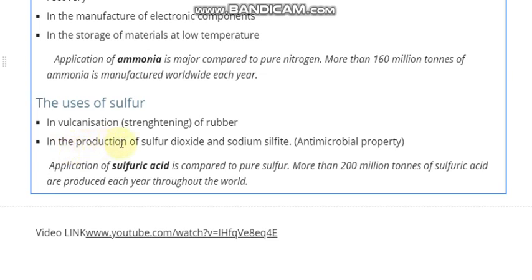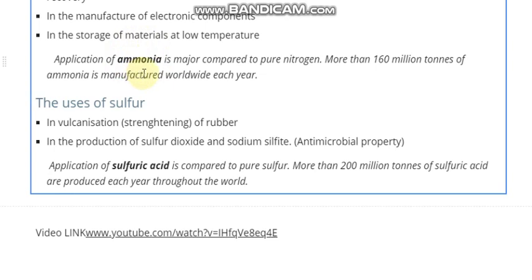Pure sulfur is also used in the production of sulfur dioxide and sodium sulfide, where these two important compounds are used to preserve foods in food bottling, and they are used in brewing or wine making, and it is because of their antimicrobial property. As it was in nitrogen, where ammonia was an important compound of nitrogen